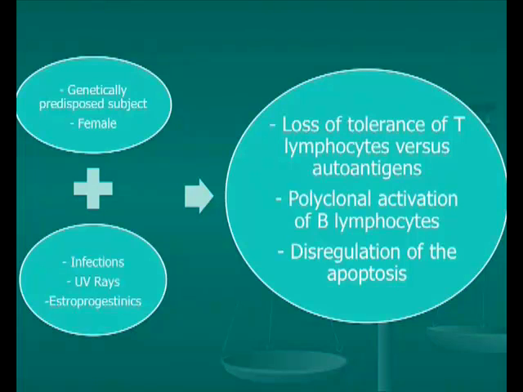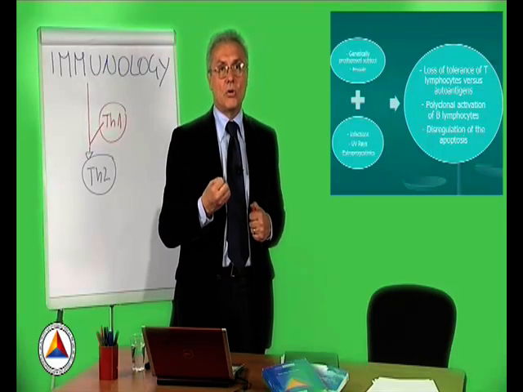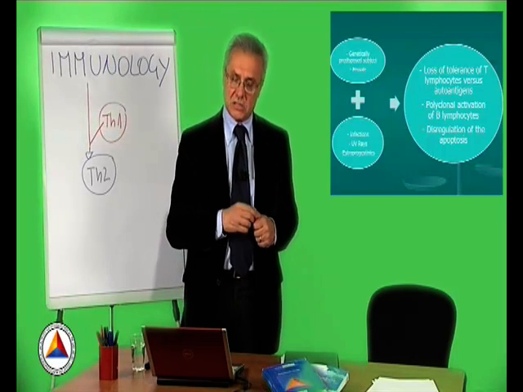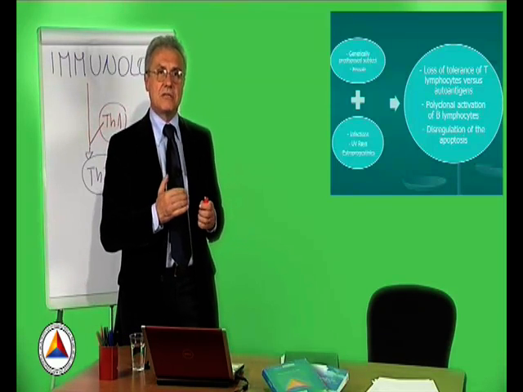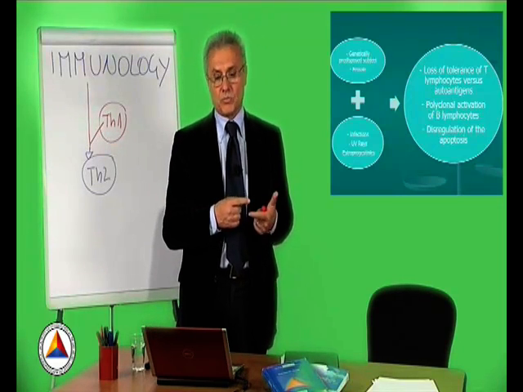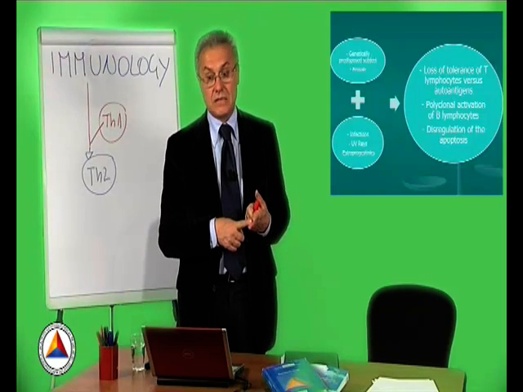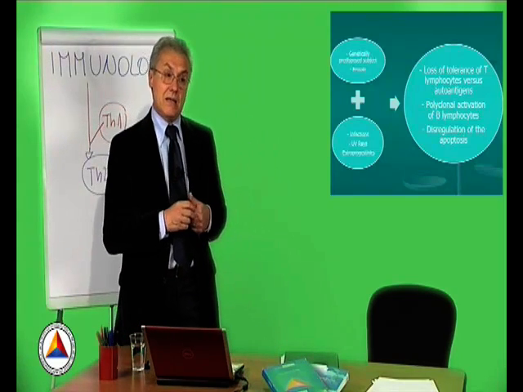How does all this happen? The female sex hormones, estrogen and progesterone, have a key part to play. Because of their immunity-driving action, they predispose women to the development of diseases of autoimmune aggression. When the body comes into contact with trigger factors, such as an infection or exposure to ultraviolet radiation, we must remember, for instance, that the stupid habit of suntanning with ultraviolet radiation beds very often leads to the rupture of the cell structures and our cells' DNA that can prompt the production of antibodies.